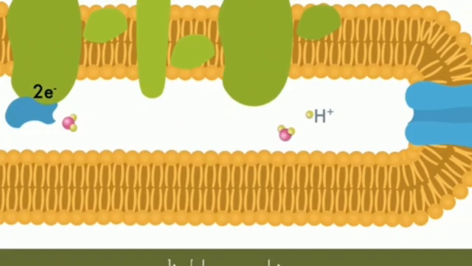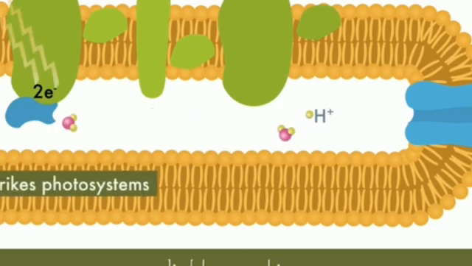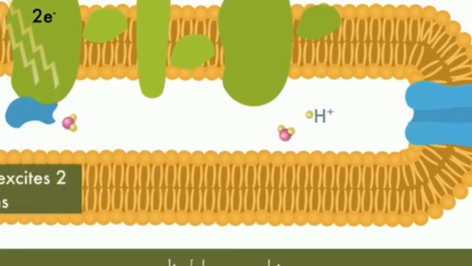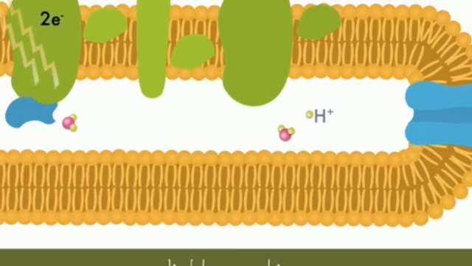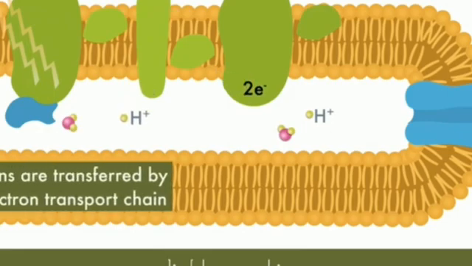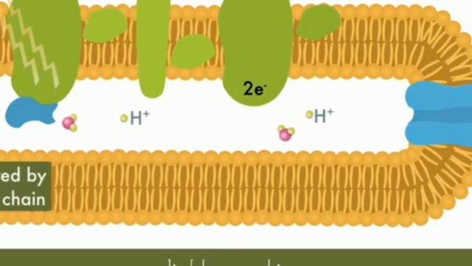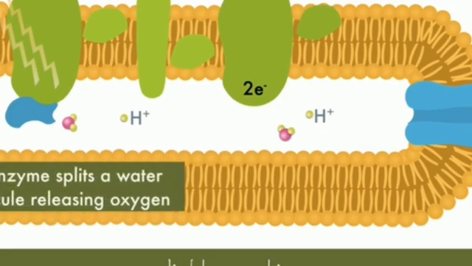The membrane of the chloroplast disk has proteins in it, which carry out the light reaction outside of the thylakoid disk in the stroma, and inside the space, light strikes the photosystems, which contain molecules of chlorophyll. The captured light excites two electrons, which are then transferred from one molecule to the next by the electron transport chain, which is just a series of proteins.